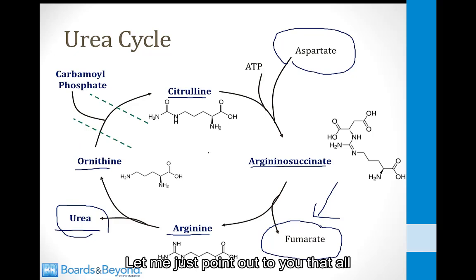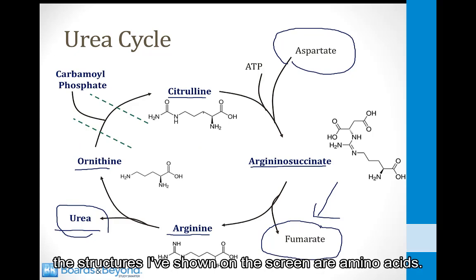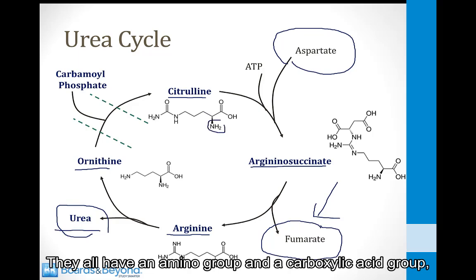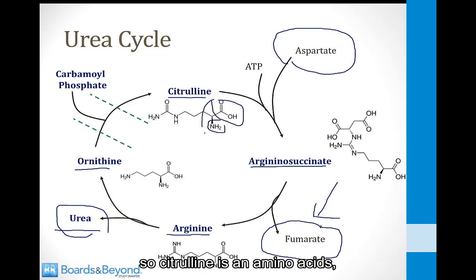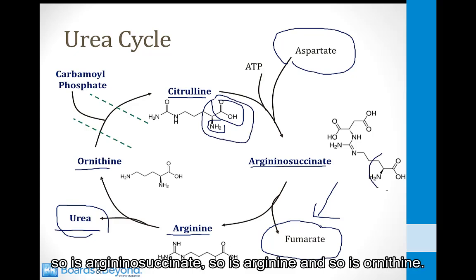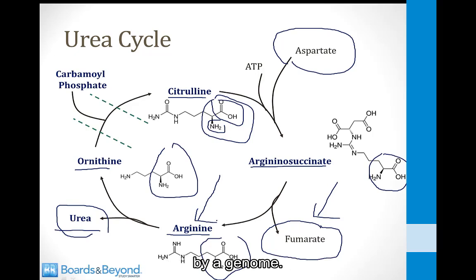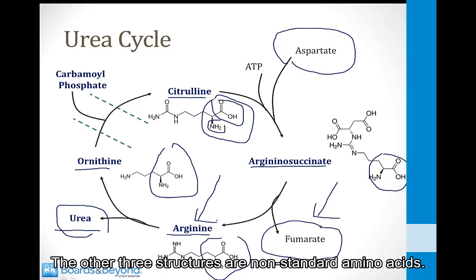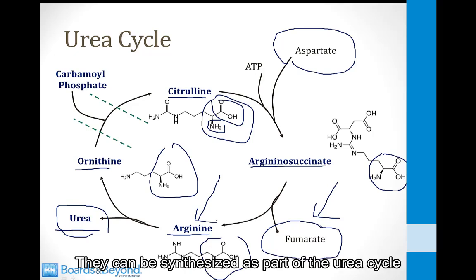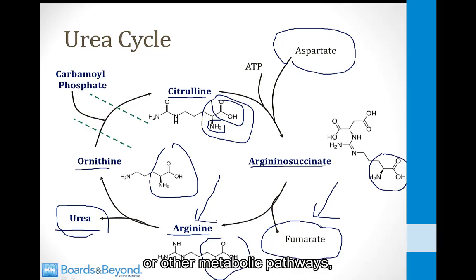Let me just point out to you that all the structures I've shown on the screen are amino acids. They all have an amino group and a carboxylic acid group. So citrulline is an amino acid, so is argininosuccinate, so is arginine, and so is ornithine. Only arginine is a standard amino acid encoded by our genome. The other three structures are non-standard amino acids. They can be synthesized as part of the urea cycle or other metabolic pathways, but they are not coded for